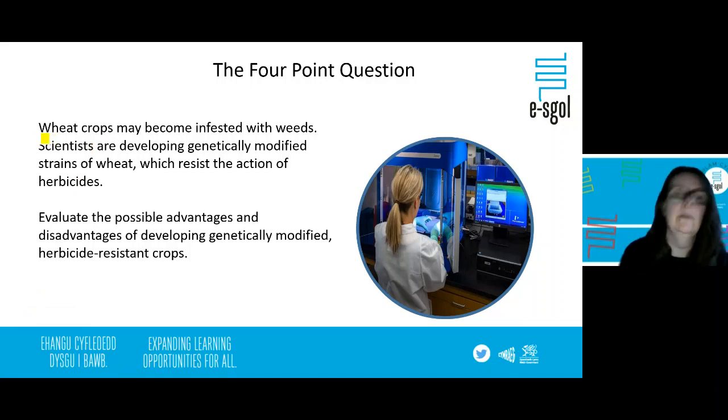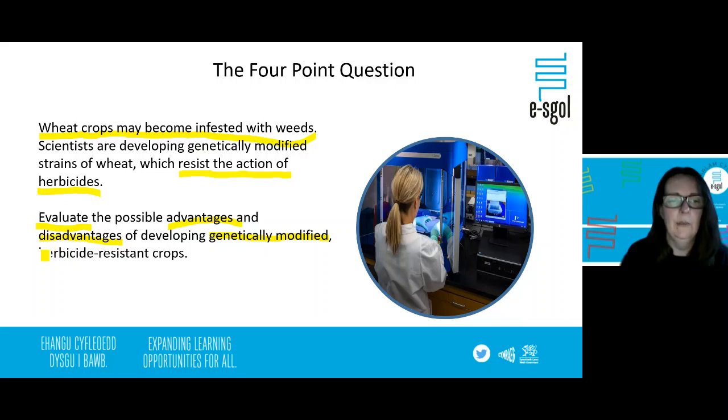The information it tells us is wheat crops may become infested with weeds, and scientists are developing genetically modified strains of wheat which will resist the action of herbicides. And then what we've got to do is evaluate advantages and disadvantages of developing, quite a long sentence here, genetically